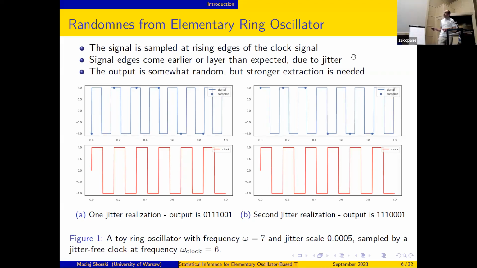Another rising edge, I land at -1. Another rising edge, and I land at -1. And finally, this line is missing. Here is another rising edge of the clock signal, and I land at 1. But those two plots on the left and right get randomly perturbed. And one visible difference is that the point in the middle, which once belonged to the upper part of the signal, due to the perturbation actually lands below.